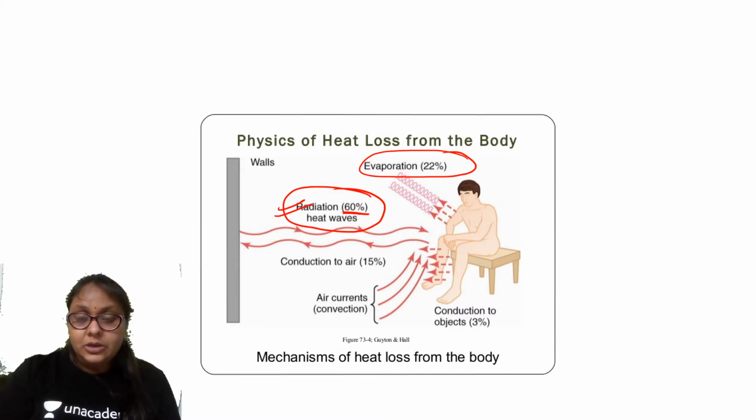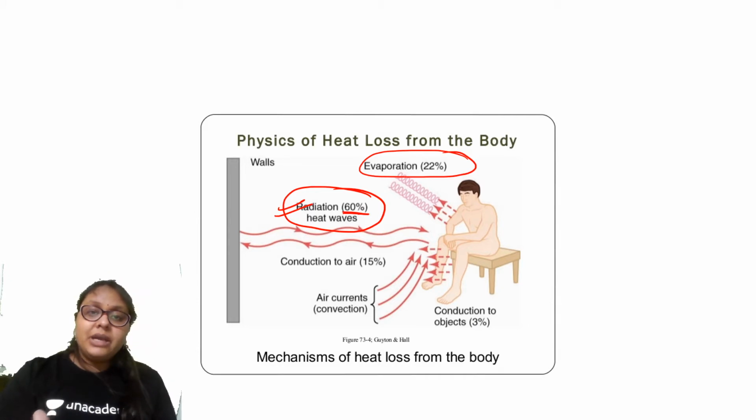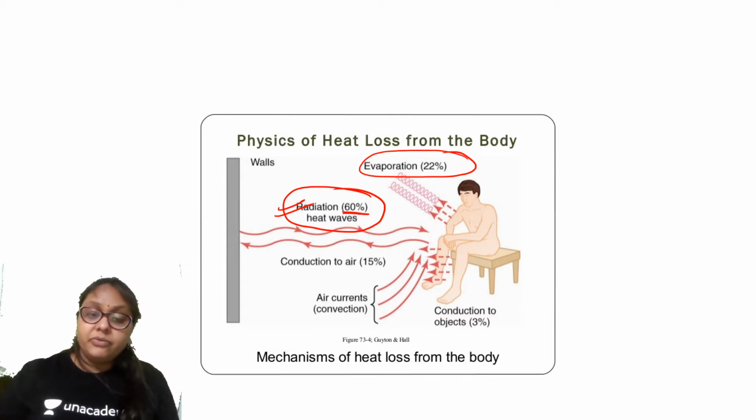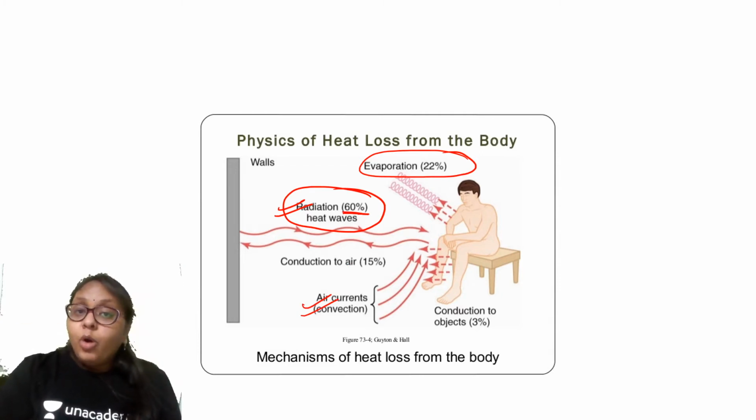That causes the heat loss. Then the other thing is convection. Convection is because of the surrounding air currents. If the surrounding air currents are cold, there will be loss of heat because of convection, and this can be prevented by keeping the surroundings warmer, so that the air currents will be warm and the heat loss will be less.